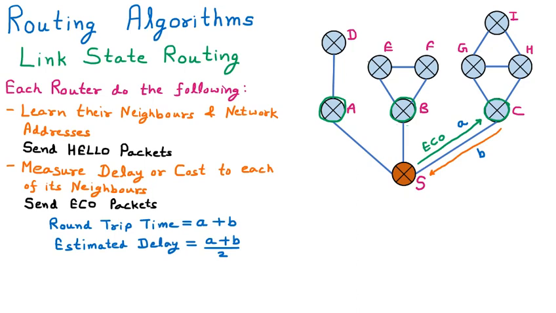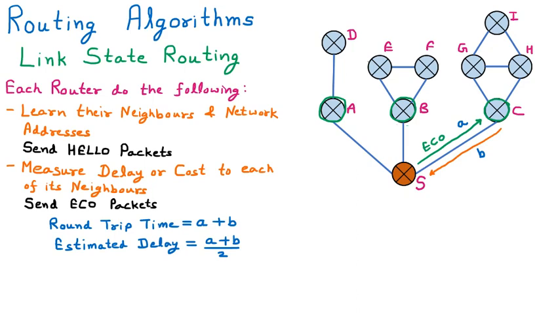So we are sending the echo packet, and the reply will come. The total time is taken and divided by 2. So we know the time from this router to the neighbor. So 2 steps we have completed. The first step was sending hello to everyone, and those who reply are their neighbors. In step number 2, for the neighbors, we find out their cost, that is, how much time it takes to reach the neighbor.